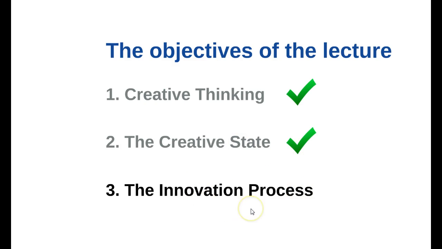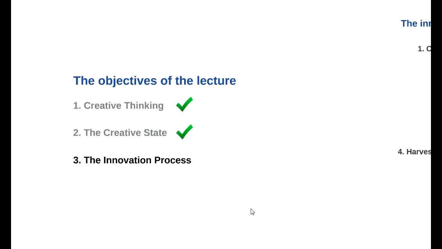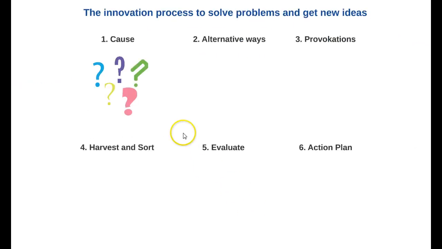Now we are going to look at the innovation process, what we are going to look at in the Roundtrip Heaven. First of all, we start to look at the cause of your problem. That is because we want to find the root cause, so we don't start to generate a lot of ideas for the wrong problem. So we get the root cause of the problem or the situation, so we see what's the real problem to create ideas for.